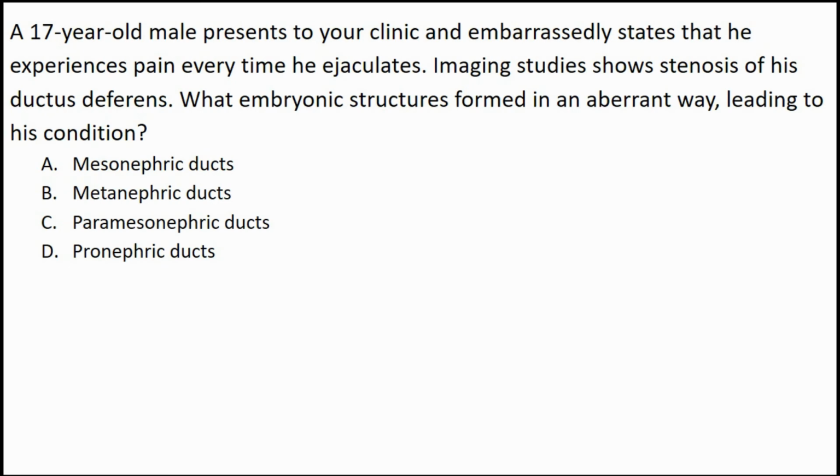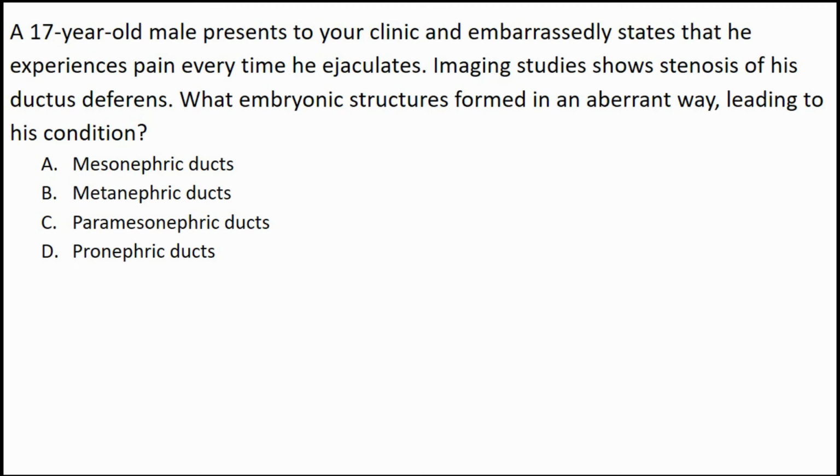Question 22. So, what do we have here? We've got the ductus deferens. What does the ductus deferens originate from? It is coming from the mesonephric ducts. Mesonephric ducts are going to form the internal plumbing of the male. So the testes drainage, not the testes themselves, but like the efferent ductules, the epididymis, the vas deferens, and the seminal vesicles, all coming from mesonephric